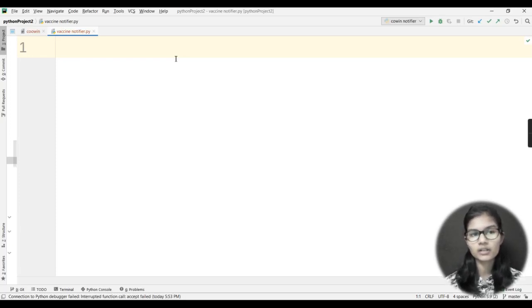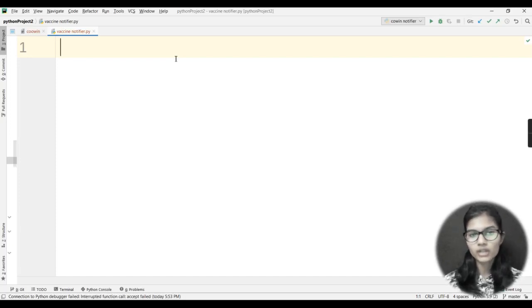What we'll be doing is taking a JSON file, and from that JSON file we would be extracting, on which date and at what pin code, the vaccine slots are available for you or not. Okay, for this age and at this particular pin code on this particular date, are vaccines available or not? So it is a kind of extracting the data from a JSON file, getting that data into our Python file, and extracting the output from that.